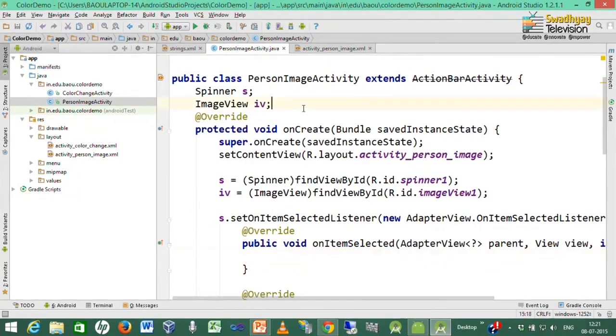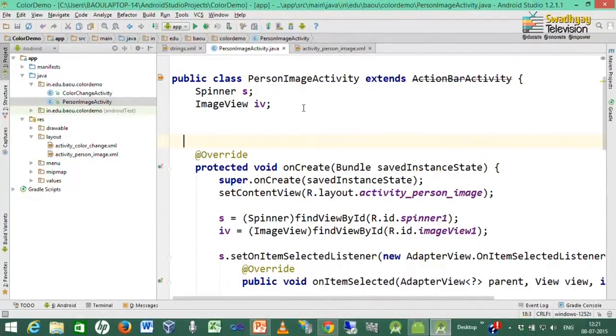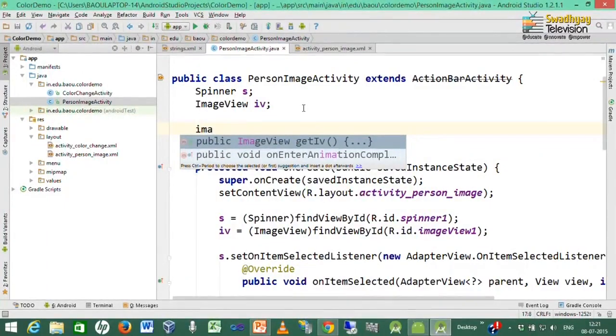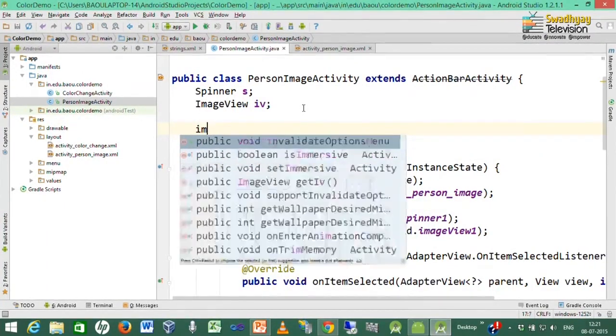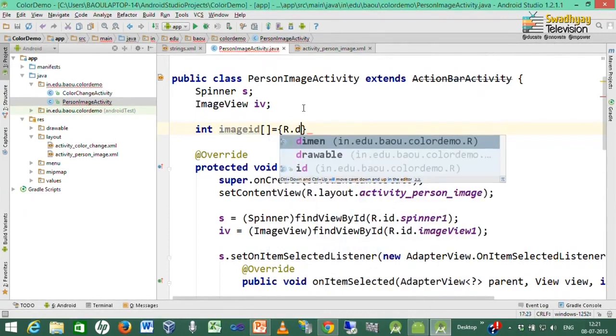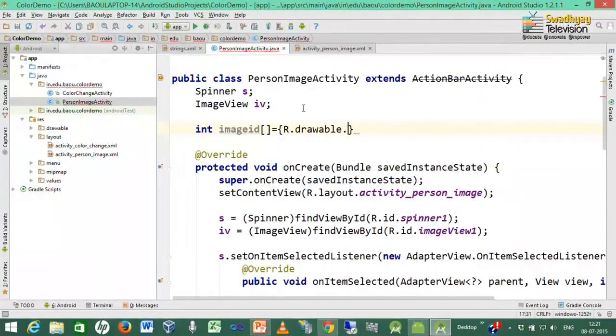But before that, we want to take references for images in the order specified in the persons' names. So, here I declare one integer array with image IDs, and values for these should be r dot drawable dot.